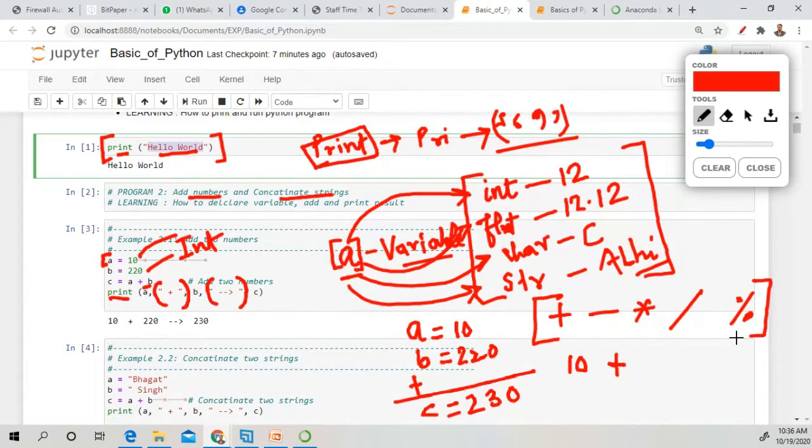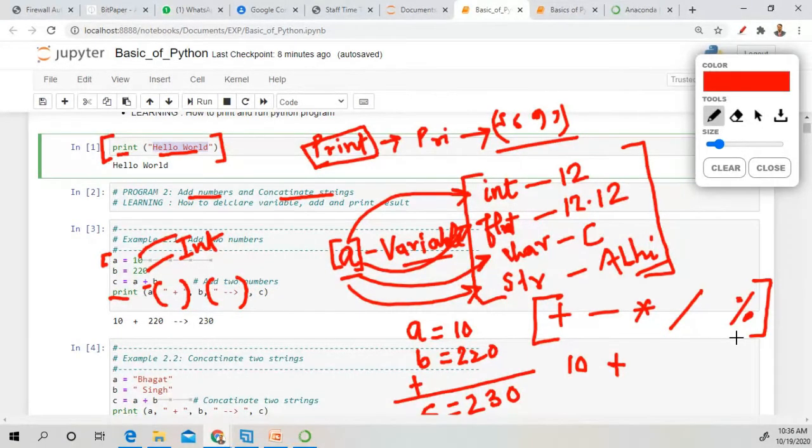Then we use b. So b is not shown, but the value stored in variable b is shown. What is the value stored in b? 220. After that, the addition value stored in variable c is shown. What is the output? 230 is the output for this program.